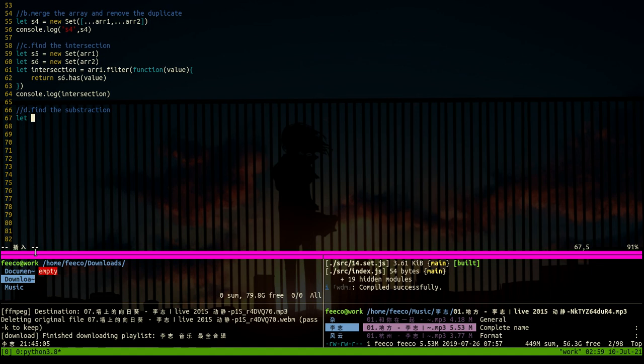let subtraction equal array1 filter again. Right here we can do an arrow function, right? We just practice, always practice, take the chance to practice. So arrow function: S6.has(value), S6 does not have this value. Okay, so it should be back to